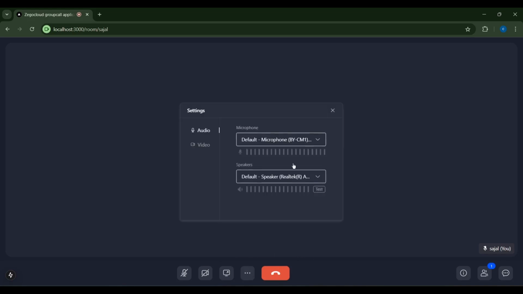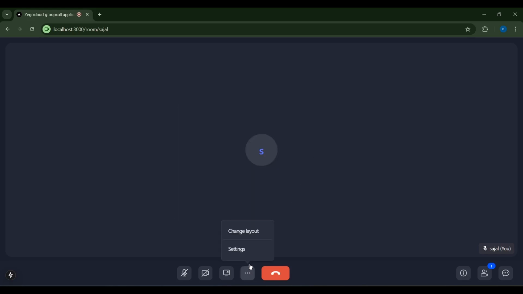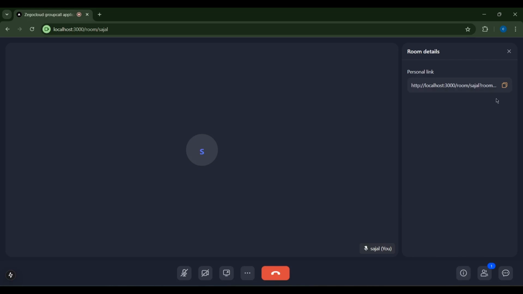So you will get every feature here. You can change your setting, you can change your audio and video, and you can change your layout also. Here you can see how many people join the video call. You can send messages here, which is awesome. So for now let's copy this link,